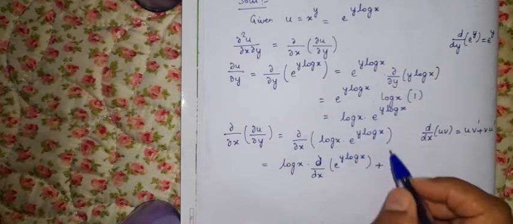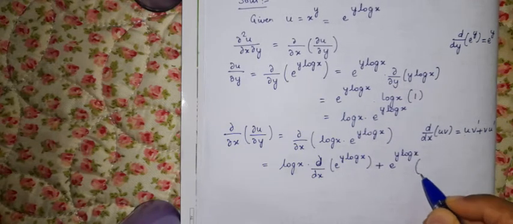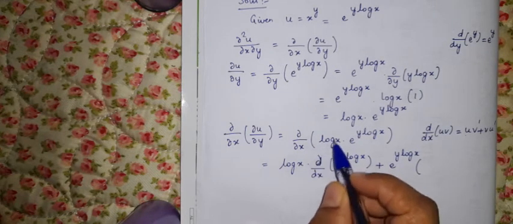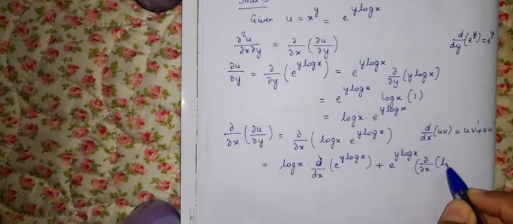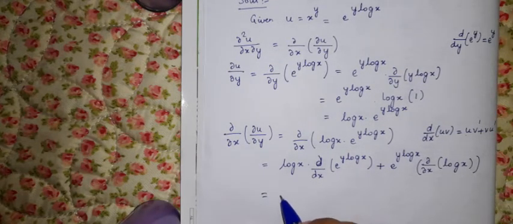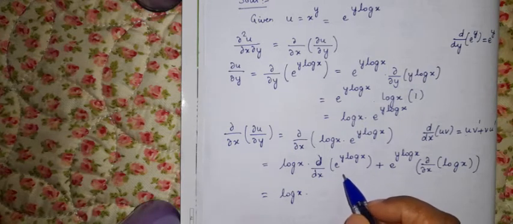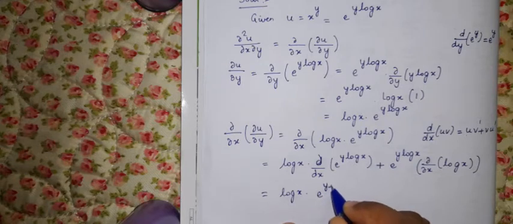Instead of v, you have e^(y log x) into u dash. So ∂/∂x of log x is equal to log x into, you are differentiating this with respect to x, so you will be getting the same term, e^(y log x),